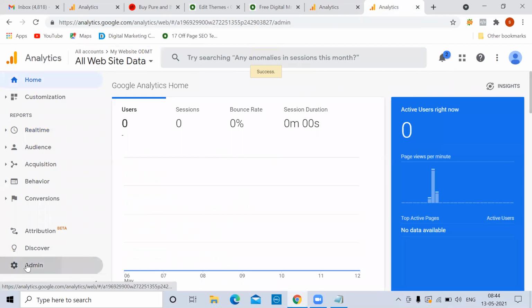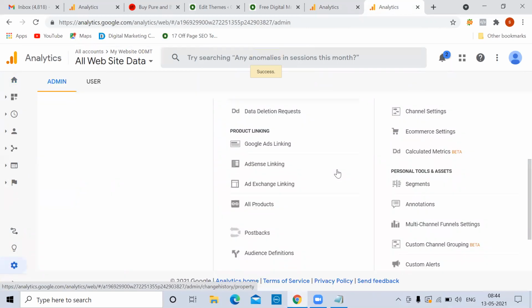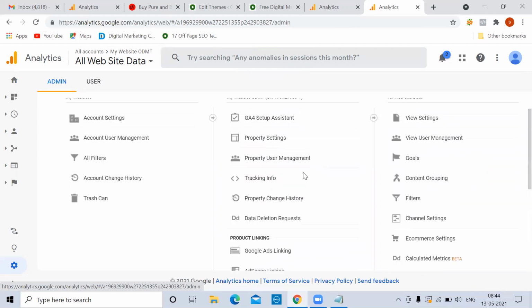Again, I'm going to the admin section. Here you can link your Google Ads, you can link your AdSense. At the same time, you can link your Webmaster Tools also. Then what happens? Both sets of information can be shared here so that better results will come.